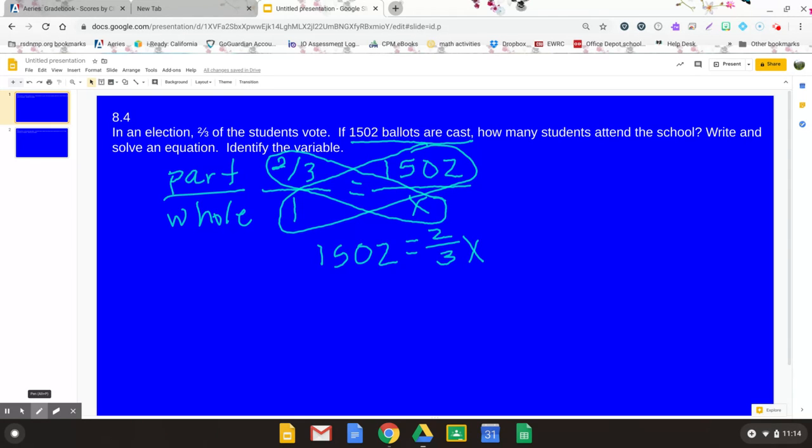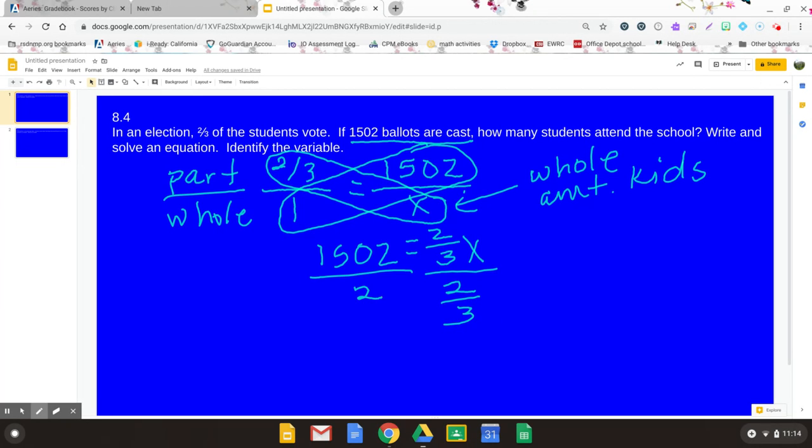And that is the whole amount of kids that attend the school. Right? So then I divide both sides by 2/3. And just like I did before, 1,502 over 2/3 is